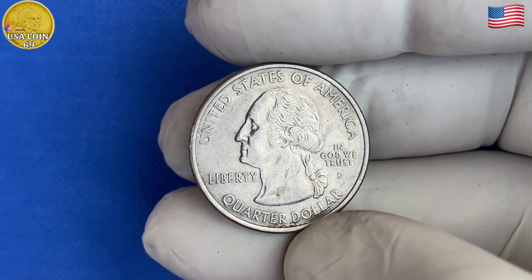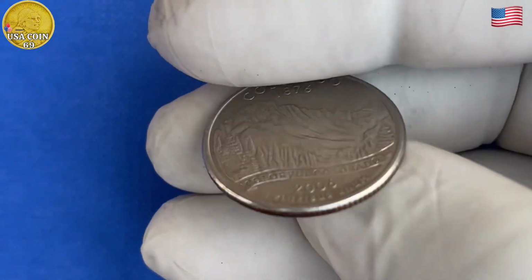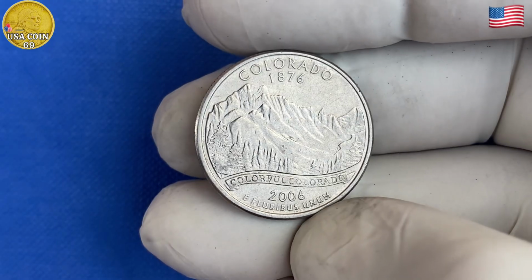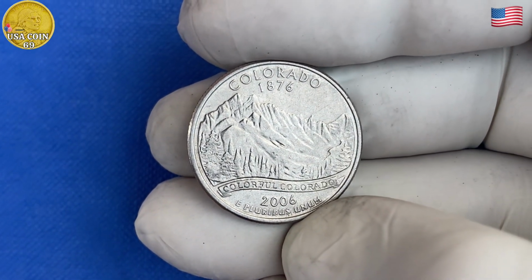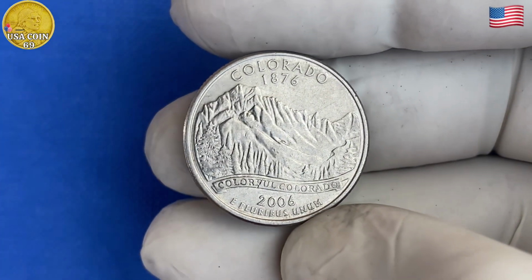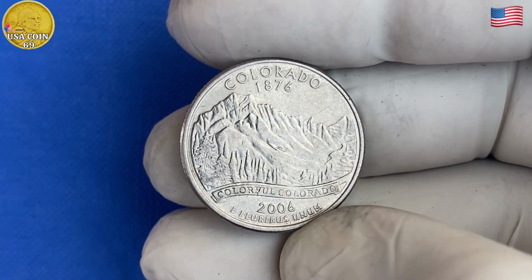Like many state quarters, it was produced for everyday use, and it was likely to be found in the pockets of Americans across the country. However, not all coins are created equal. Some quarters were set aside and preserved in pristine condition, either by collectors or people who happened to realize their